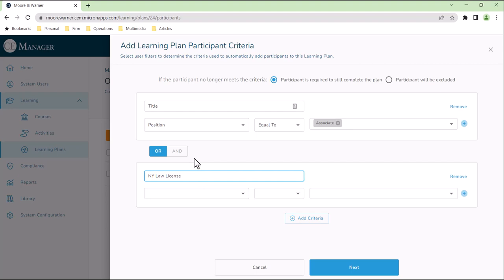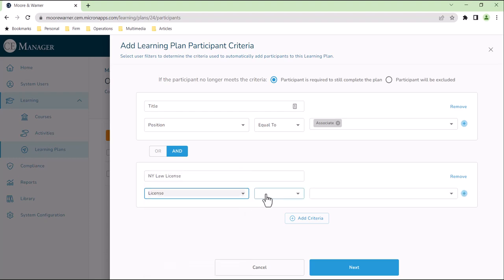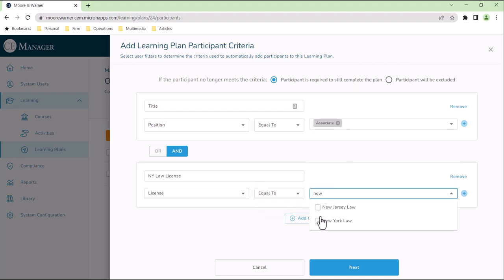So I type in the title. Oh, something I forgot is we can determine and/or criteria. In this case, I want both criteria to be met, so I select the and button. Here we click on license is equal to New York law,